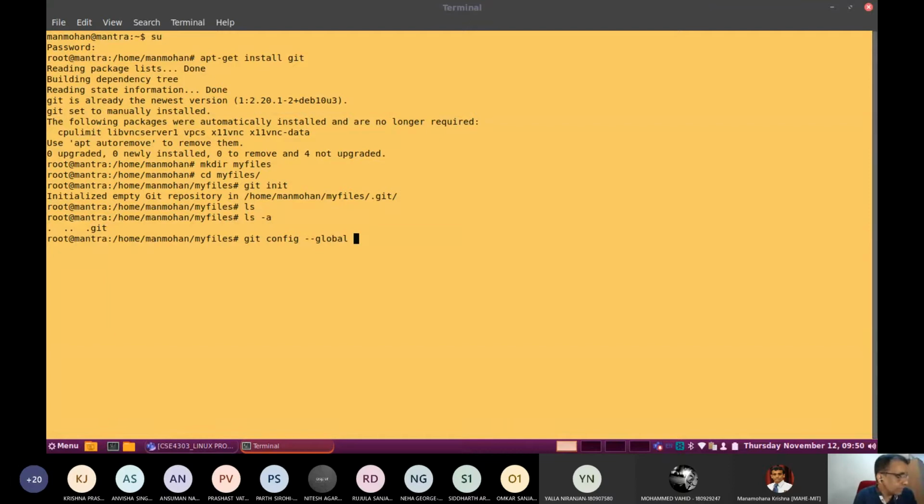Here you can configure your own email ID for the Git repository. user.email, note that, space, then your fully qualified email address, then press enter. Then after that, there are some other settings also. You note down these commands.